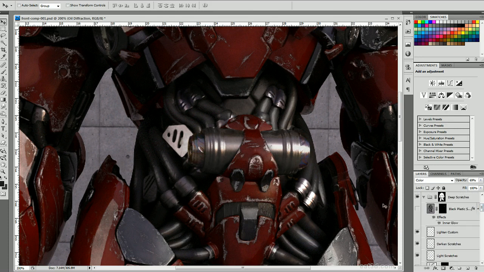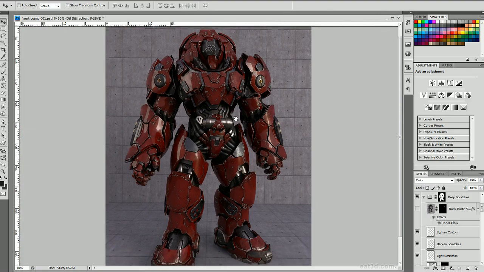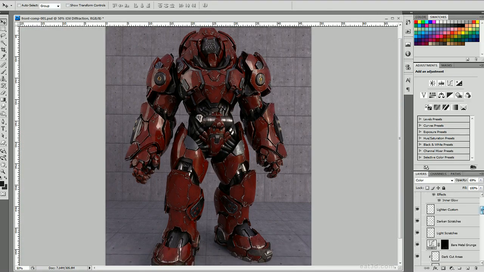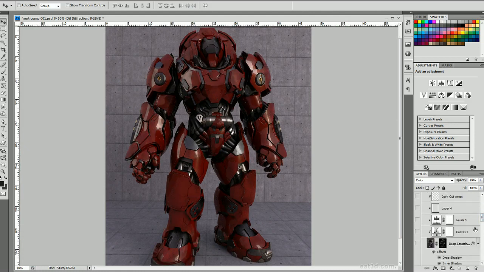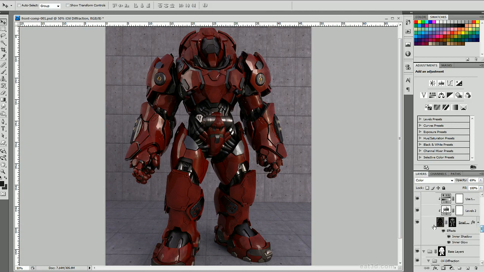So I'm going to go ahead and now I'm going to go through these scratch layers. I'm going to zoom out a bit so we can see the full character and just break this down. So I'm going to take off all the deep scratches. And now we're going to go into the smaller scratches. So you can see we have